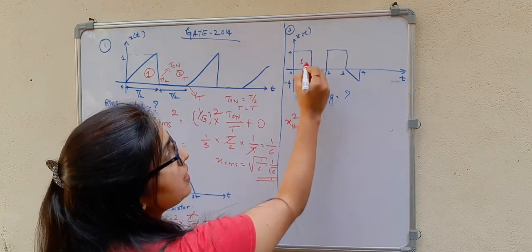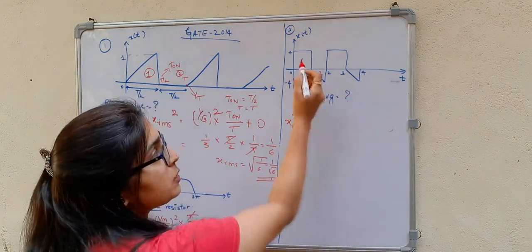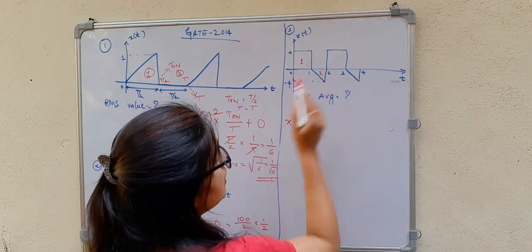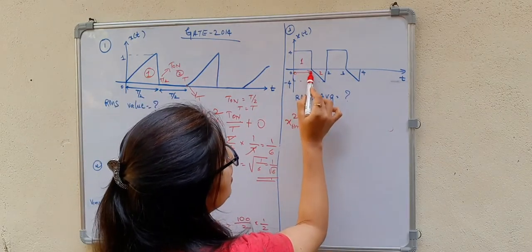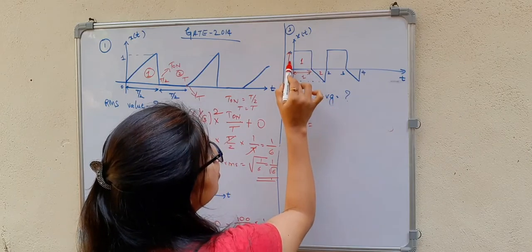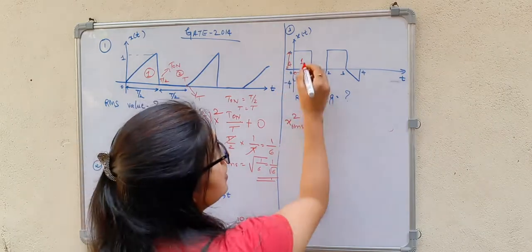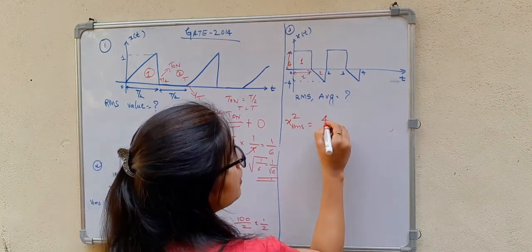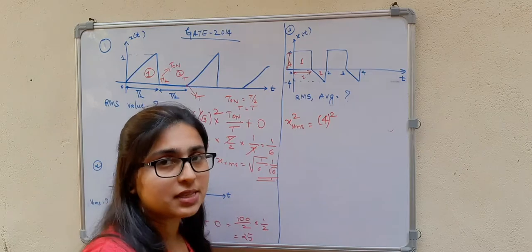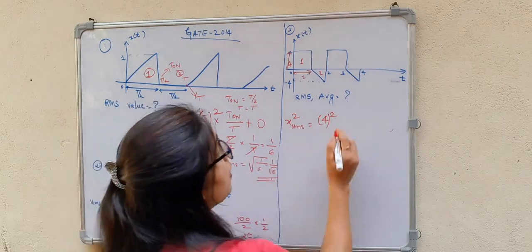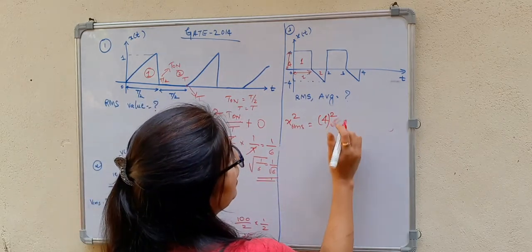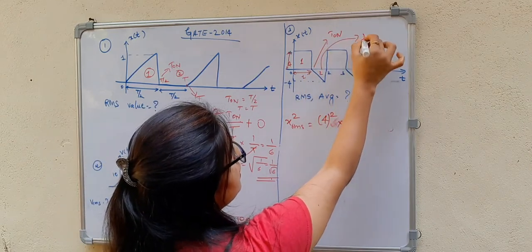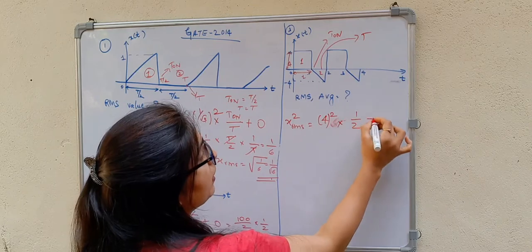So first part is this and second part is this. So first part, it is a square. Okay, so sorry, it is a rectangle because it is 1 here and here it is 4. So what is the RMS value of this waveform? That will be A squared, right? XRMS is equal to A, so it is A square into T on by T. T on is 1, T is 2. So 1 divided by 2.